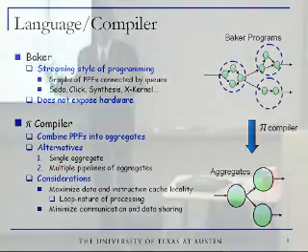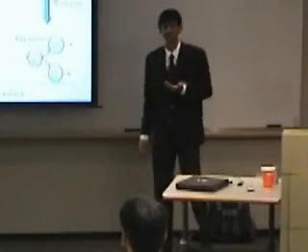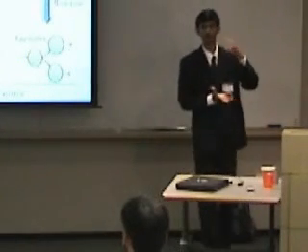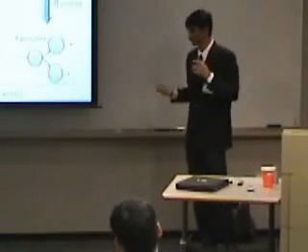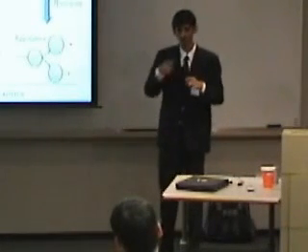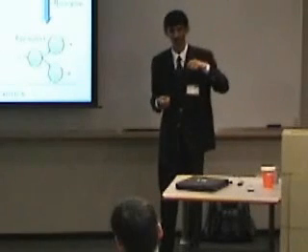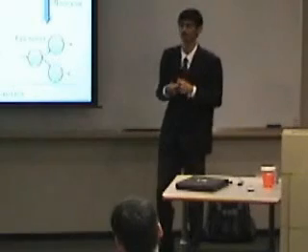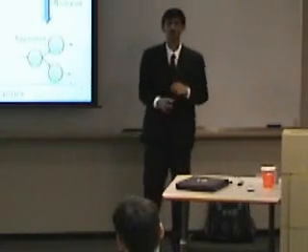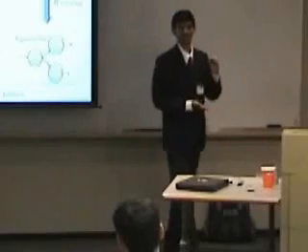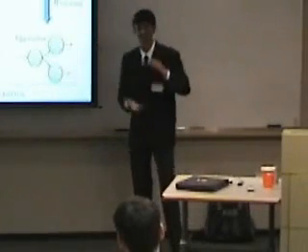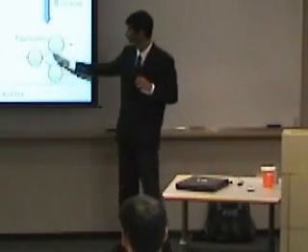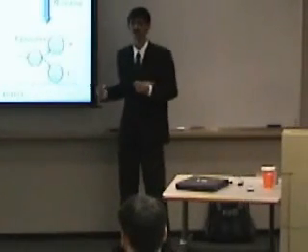Which alternative to choose depends on several considerations. You need to make sure that these aggregates fit in the instruction cache of the processing core, because these aggregates behave as loops of code. Once a packet is dequeued, you do some processing, send out the packet, and do the same processing for the next packet you dequeue. In order for the performance to not suffer, the whole loop has to fit in the instruction cache. And that's why you need to make sure that these aggregates are small enough to fit in the instruction caches of processors. Secondly, you need to make sure that the communication between these pipelines of aggregates is minimized,